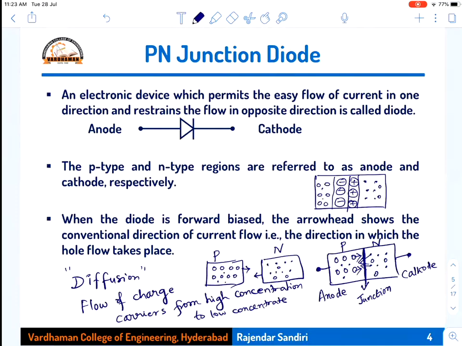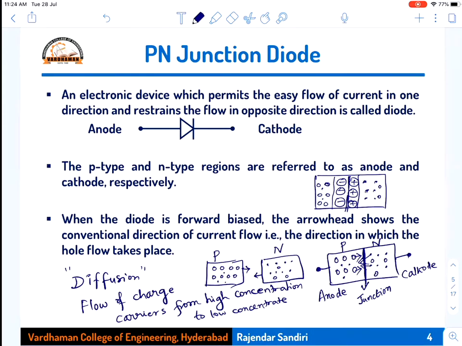The ones which are closer to the junction only, they move. Now by the time these immobile charged ions form, what happens actually? This is the junction, right? The middle one is the junction. On either side of the junction, immobile negative ions and positive ions are created because those all recombined near the junction. Now the holes which are far away and the electrons which are far away from the junction cannot move because already a barrier has formed. Only the ones close to the junction will recombine. After recombination, the immobile charged ions are there.